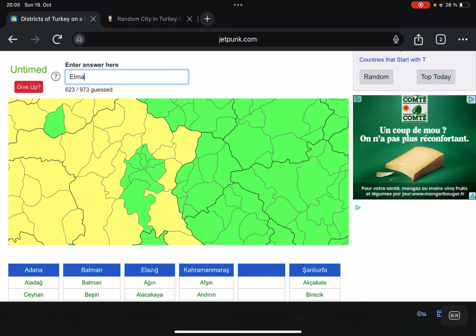Then we have Elmadağ, Akyurt, Kalecik, Çubuk, Kahramankazan, Kızılcahamam, Çamlıdere, Güdül, Ayaş, Sincan, Beypazarı, Nalhan,